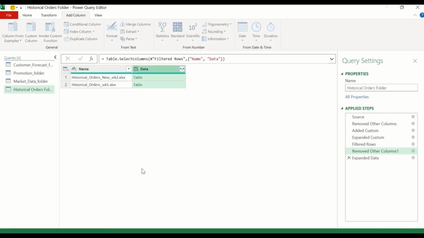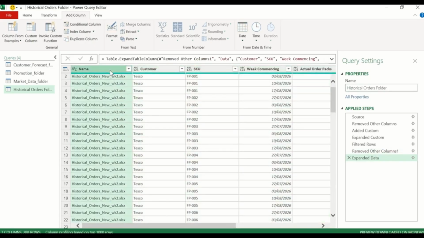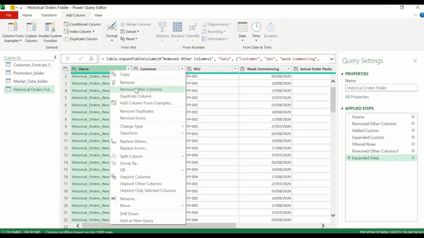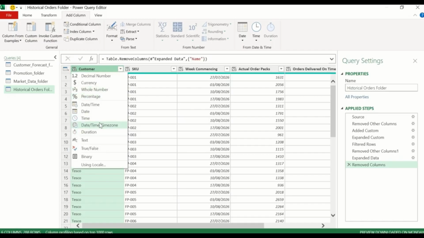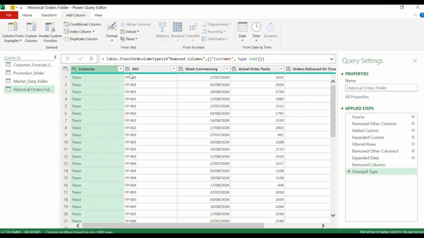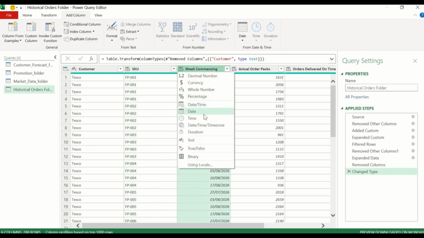Here you expand it, so remove this, remove other columns, remove this, and then here change data type, text, here you don't have to change, here you change to date,